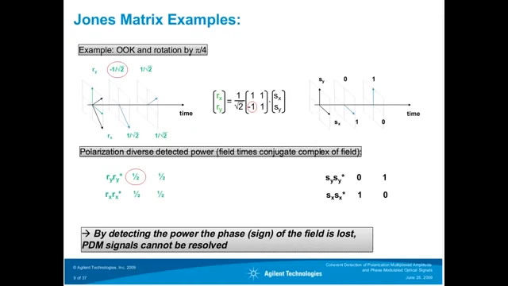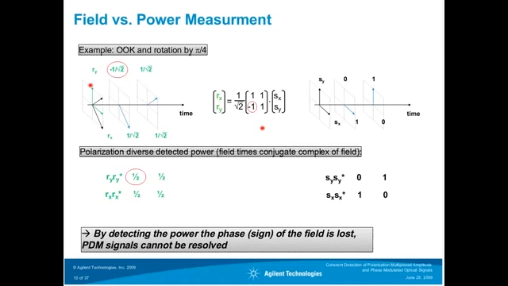If you now look at why we need to measure the field, or what's the benefit of measuring the field versus measuring the power, look at a simple on-off keying signal on the SY and SX channels: there's a 1, 0 on the X channel and a 0, 1 on the Y channel. And in this case, I have chosen a rotation of 45 degrees. So the receiver is rotated 45 degrees with respect to the transmitter. So the sent out signal in black again is rotated 45 degrees with respect to the receiver frame.